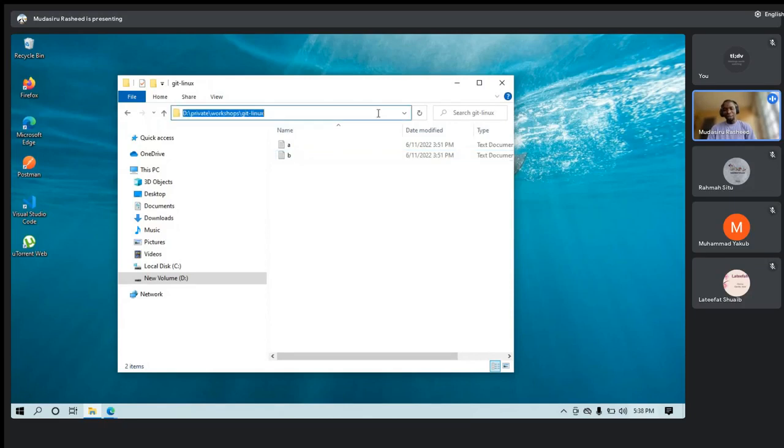If I click here, it highlights everything for that particular directory. One way I can go is copy this and open my Git bash and navigate to that particular place. I will do the two methods.